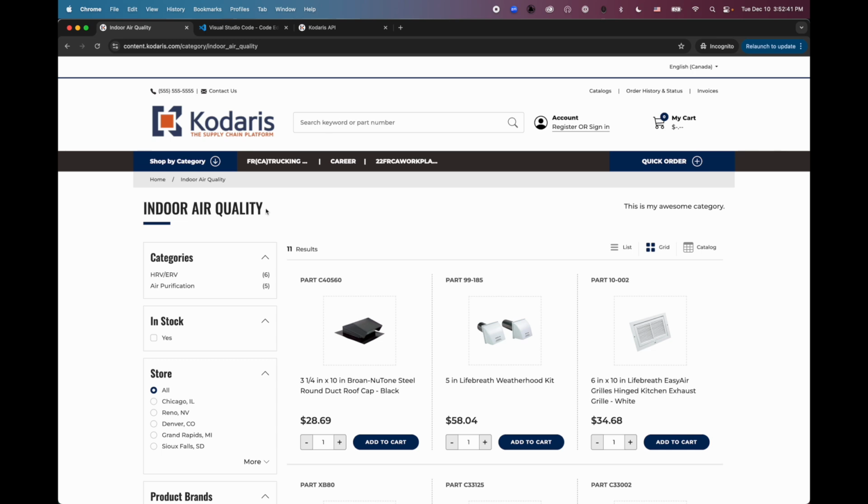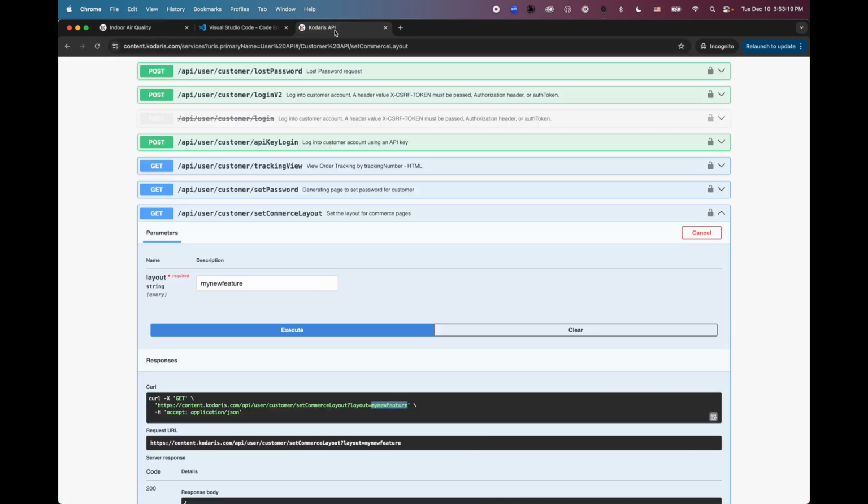One more thing I'll just mention is after a certain amount of inactivity, let's say you stepped away to grab a cup of coffee or something for 30 minutes or so, and then you come back, just note that the website that you are viewing here may revert back to the production copy after your session expires. So if you ever run into an issue where all of a sudden you don't see any of your local changes, just head back over to the API here and make sure that the system knows that you want to actually preview your branch and not the production branch.